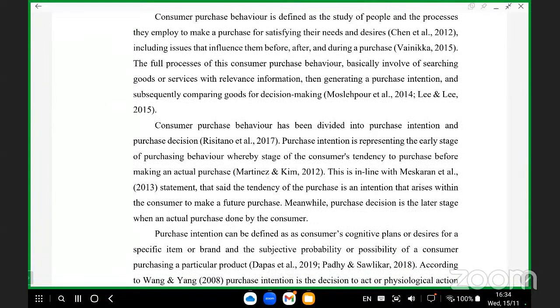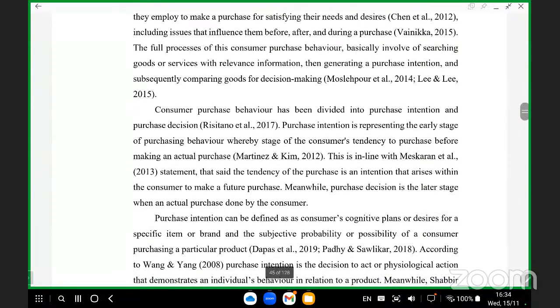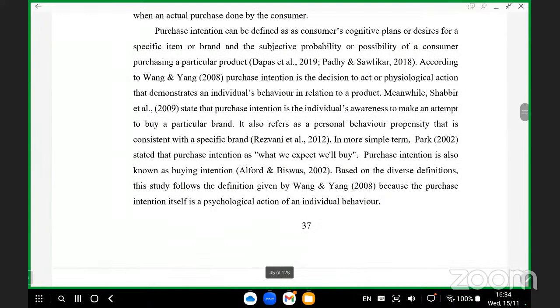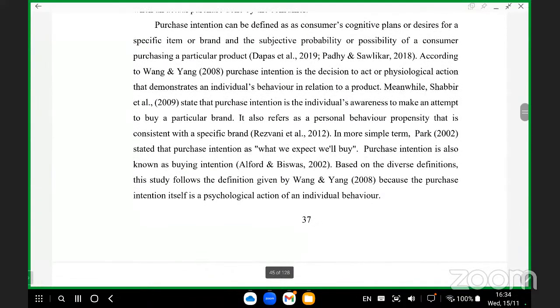By whom? Jadi bila di belakang ayat itu, kalau misalnya APA style, cara macam mana mau cited itu kalau di belakang ayat penuhkan, bracketkan sekali dengan namanya dan juga tahunnya. Kalau adalah di permulaan ayat, seharusnya dimulakan dengan according, macam contoh ini ya. Okay, macam ini di hujung tu penuh tu. Nampak tu di-bracketkan penuh dengan namanya sebab di hujung ayat. APA memang begitu stylenya, citation dia. And then the second sentence itu, according to Wang and Yang, dipenuhkan bracket year sahaja due to the fact that ini adalah permulaan ayat. Purchase intention is the decision to act or psychological action that demonstrate an individual behavior in